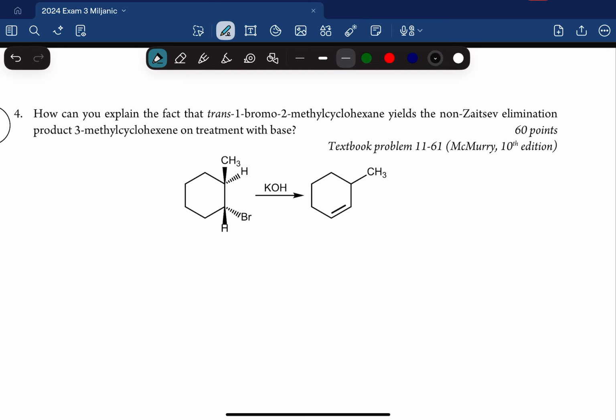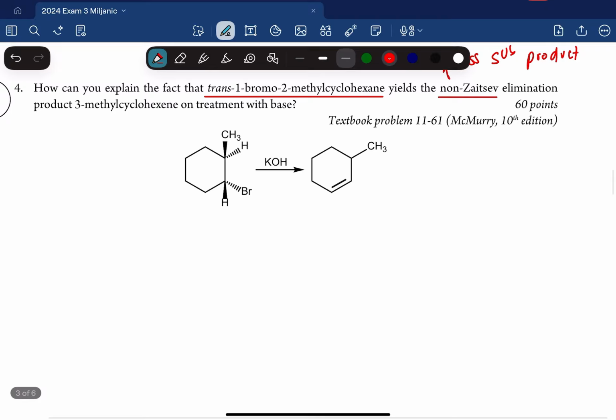So now we're wondering, why do we not form the Zaitsev? So it's saying, how can you explain the fact that the trans structure yields the non-Zaitsev, meaning the less substituted product? So we need to figure out why. So if you remember in lecture what we said, the biggest thing for elimination, so for E1 or E2, well actually let's be specific. For E2, you need